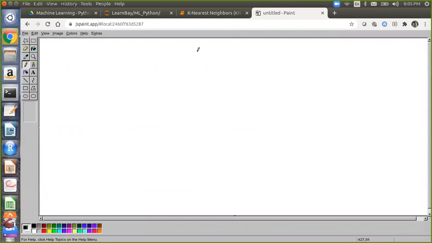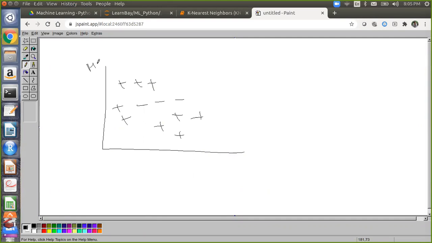So for example, a simple thing. Suppose this is your data, and these are your features. For example, this is height, or this is weight of a particular entity.